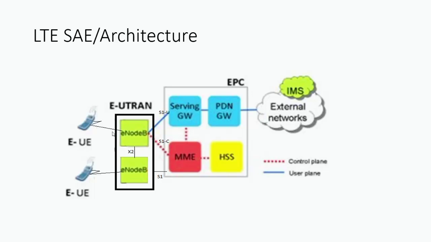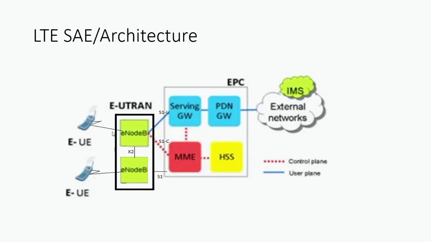Now the question is why we use EUT-RAN. UT-RAN is in the 3G cellular system, but this UT-RAN part is evolved in 4G as compared to the 3G cellular system. And as everything is evolved, we use EUT-RAN rather than UT-RAN. You can also see that we use EUE, which is evolved user equipment. It is used in LTE, whereas in 3G we use simple UE. Different EUEs, meaning evolved user equipment, are connected to EUT-RAN, and this EUT-RAN is connected to the core network, as you can see in this figure.